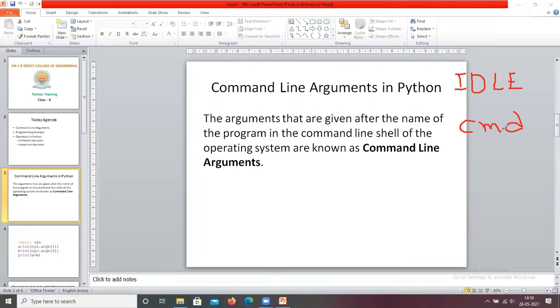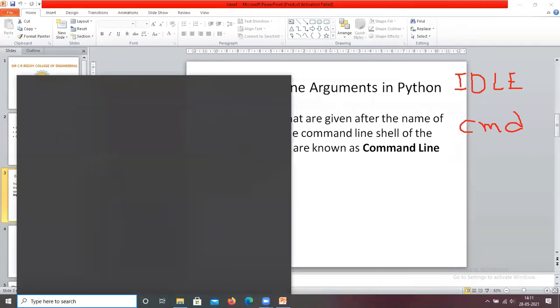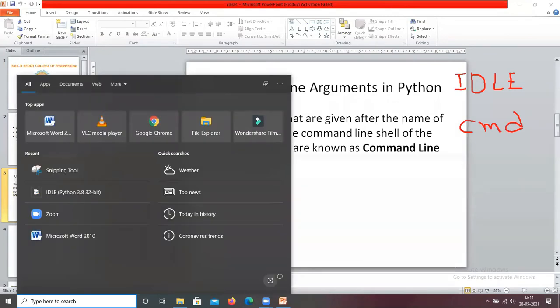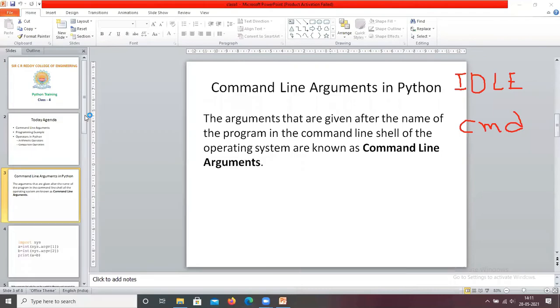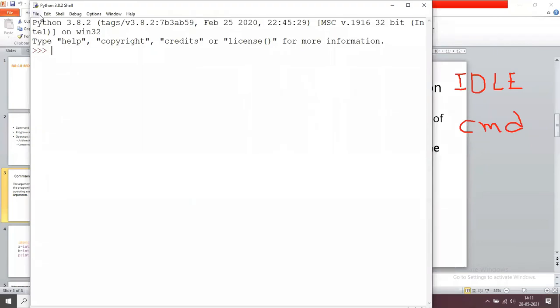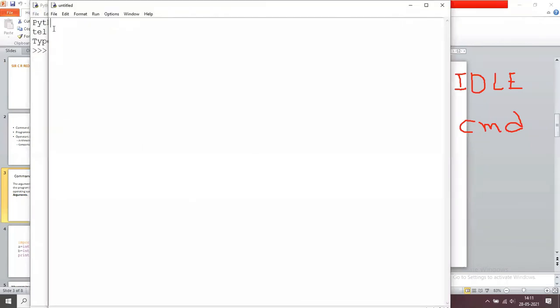Let us see one program. First, we are going to write the program. It's a new file.